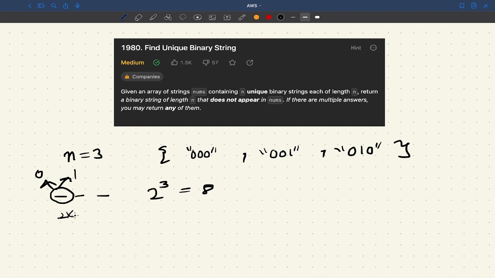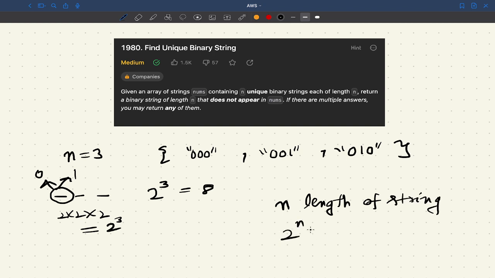So 2 times 2 times 2, and in general for a string of length n we can have a total of 2 raised to power n possible strings,